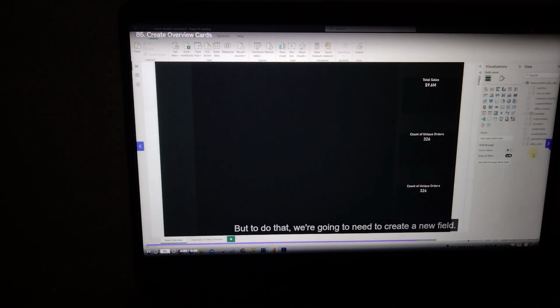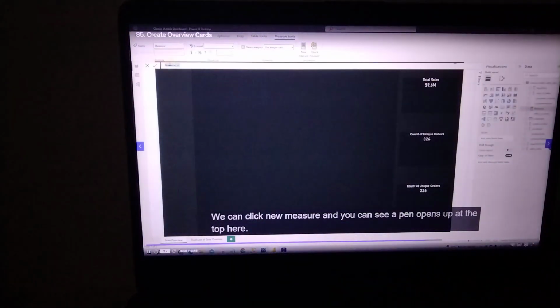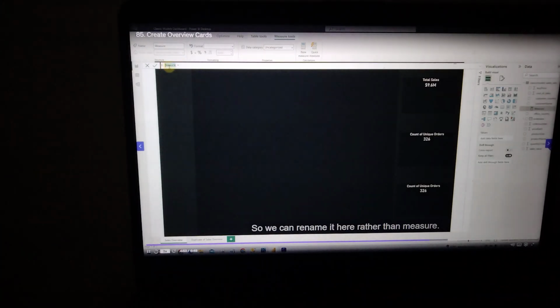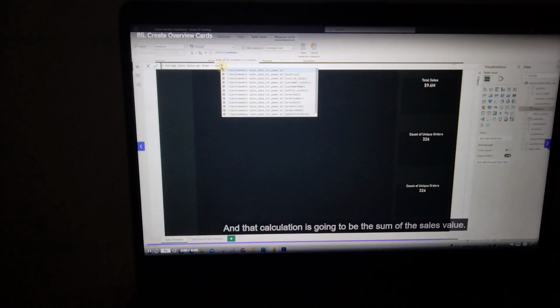But to do that, we're going to need to create a new field. So we can do that in Power BI. Under calculations at the top here, we can click new measure. You can see a pane opens up at the top here, so we can rename it here. Rather than measure, we'll call it average sales value per order. Our calculation is going to be the sum of our sales value. You can see it comes up here. We just click it, and we'll close our bracket and we divide it by the